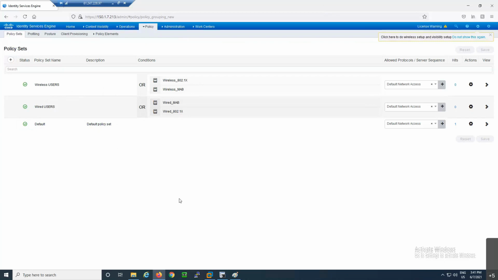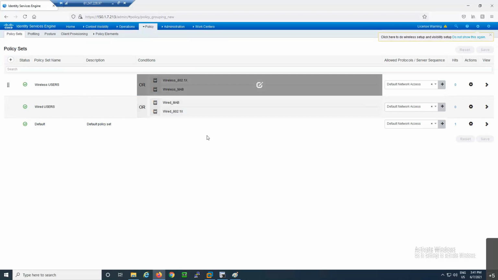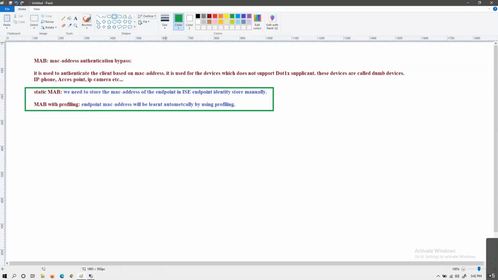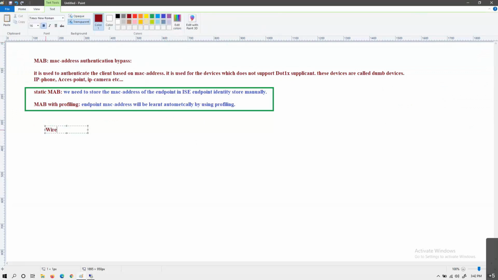Now, if I talk about these conditions, how will ISE identify whether this packet is a wireless.1x authentication request, a wireless MAB authentication request, a wired MAB authentication request, or a wired.1x authentication request? Okay, it is for wired MAB.